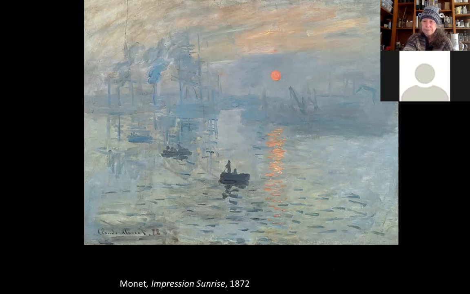So it's a harbor. I think it's Le Havre, and it's kind of an industrial harbor, like the ship channel in Houston is what it reminds me of, where a lot of goods are coming in and going out. It's not a picturesque scene necessarily. It's just an industrial scene. So when critics saw this, they were outraged, again, by another form of avant-garde art, because it wasn't finished. It looked like a sketch or an impression. And that's one of the criticisms of it.